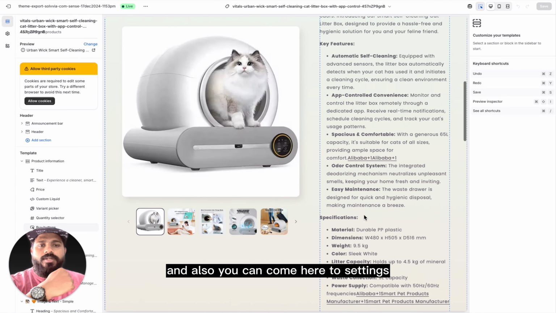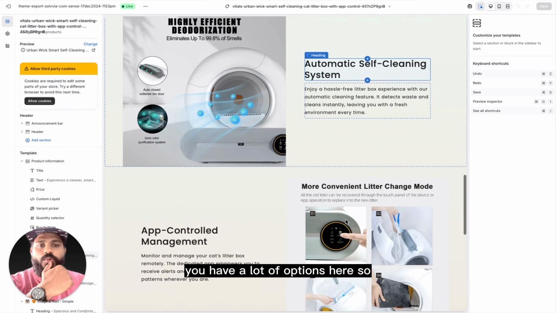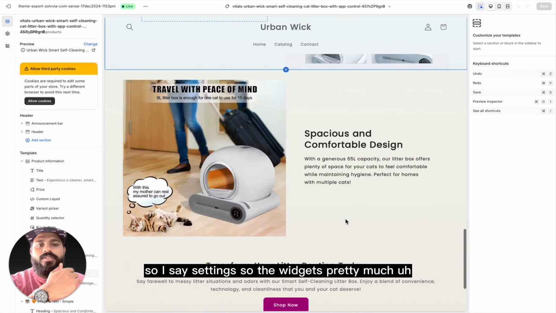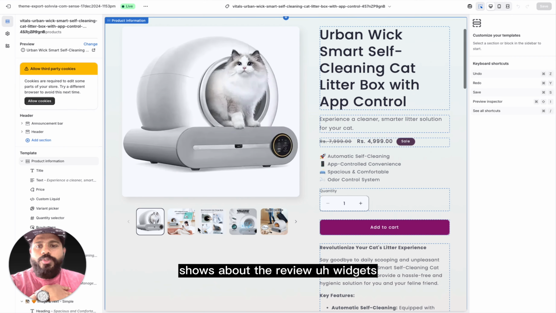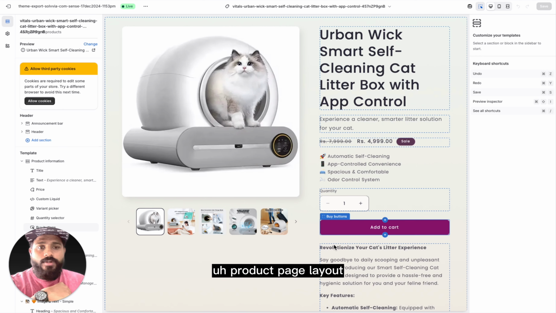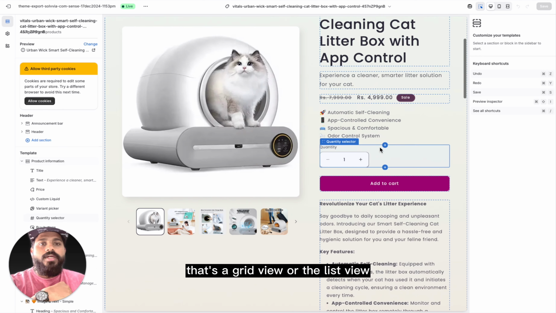Okay, look at this. It is so neat. It's amazing, right? See, the product page is created in minutes. So you have the title and you have a main image, and also you have the supporting images, the main image on the right, and then you have, look at this, it's so clean,